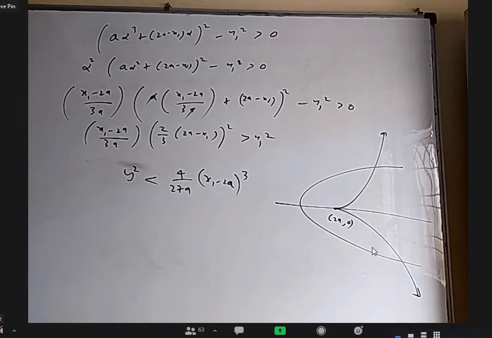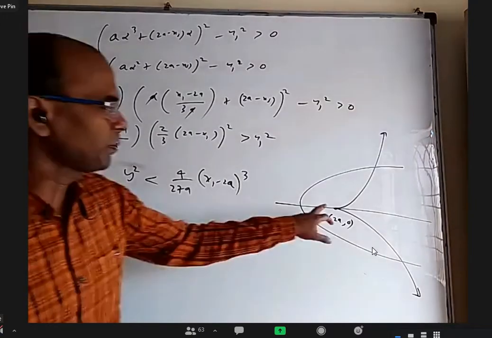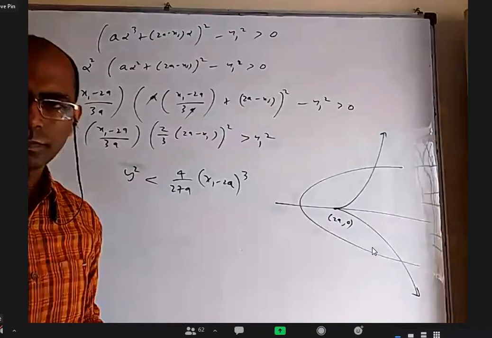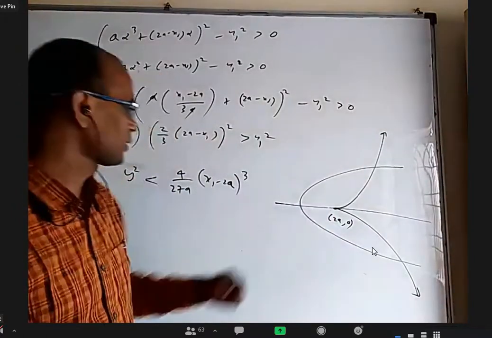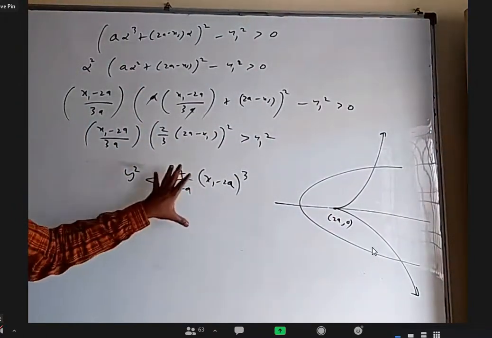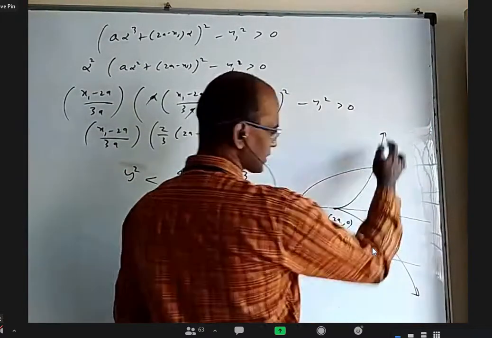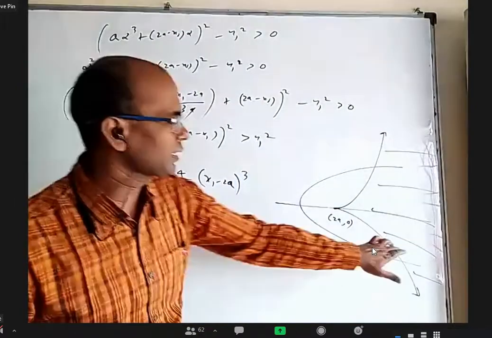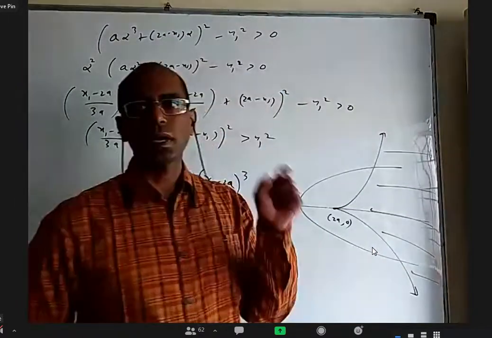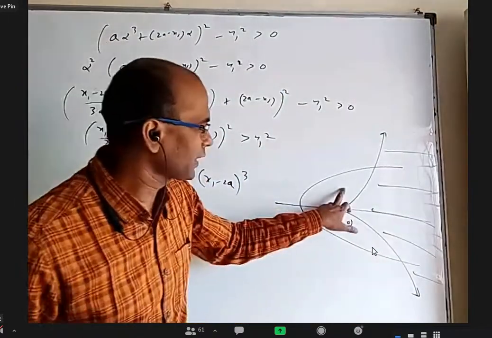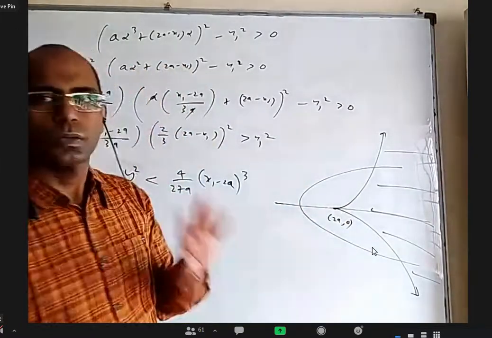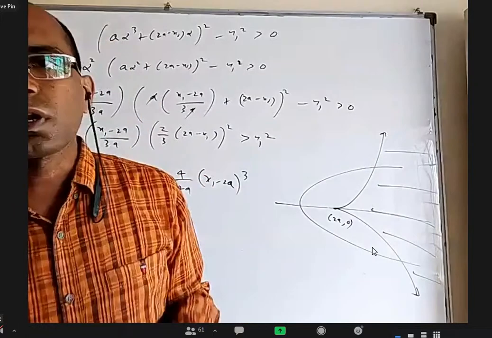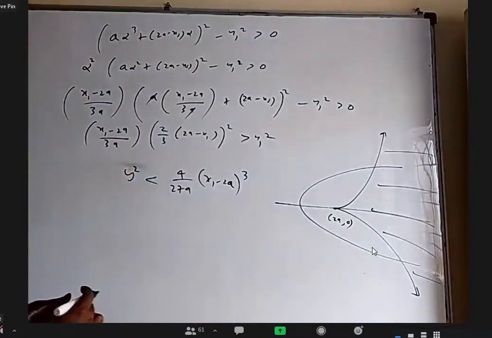Yes, sir. We know only beyond that will there be a point where three normals pass on the axis. Yes, that is that point. So this is actually this whole region. This curve is there, and everything on the right side of that, you take any point here, three normals will pass through it. You take any point here, only one normal. If you take any point on the curve, only two normals, because two roots will come equal.